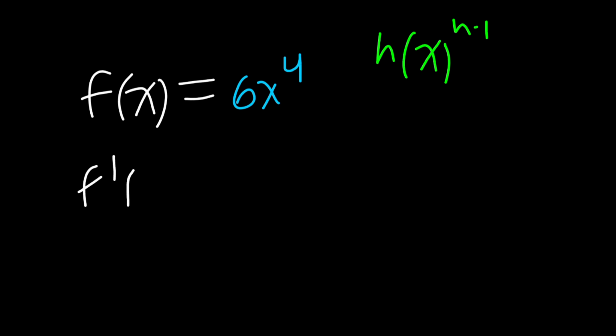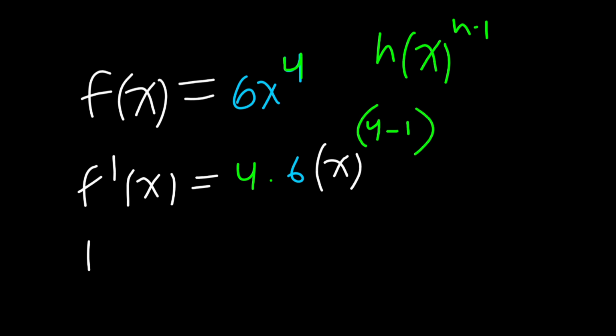So f prime of x is going to be, multiply this. Sorry, I kind of described it badly. We're not just going to bring the n to the front, we're going to multiply it to the front. So if the front is already 6, like we have here, who cares? Still, we're going to multiply the 4. We're going to multiply this 4, let's put it in green, to the front. So it's going to be 4 times 6, because that's already there, x to the exponent minus 1,